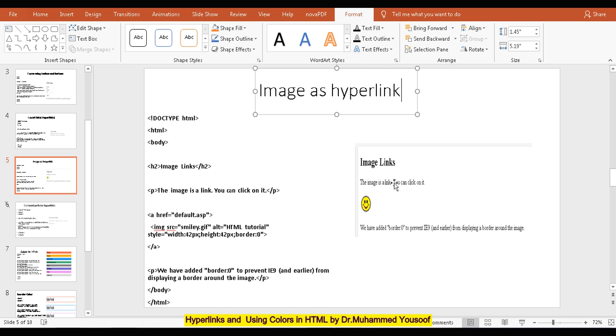You can see the output here. The image is the link, and you can click it. It's a paragraph. So you see the two lines, H2 and paragraph. Then after that there is another paragraph. You can see here also, this is what we have added, so the same paragraph is appearing here.